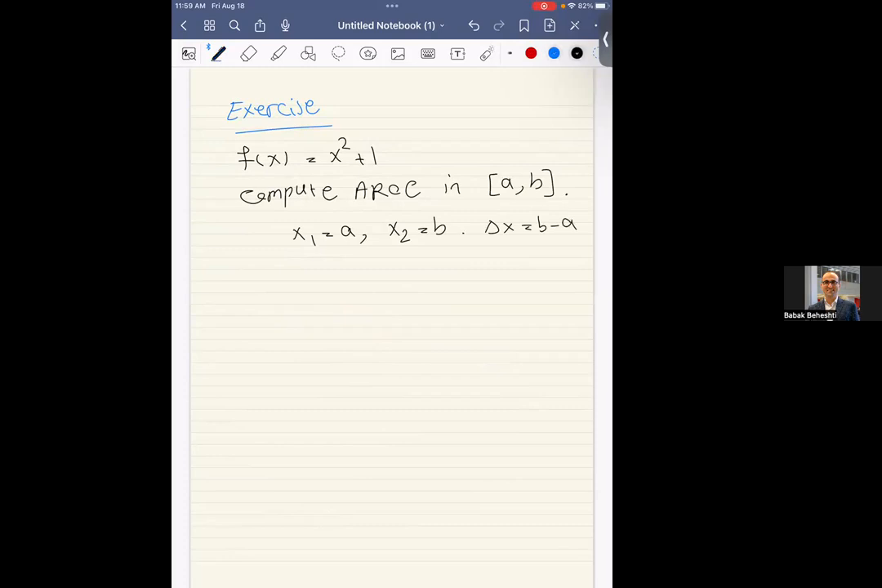And then f of x1 is A squared plus 1, f of x2 is B squared plus 1. So delta y is just B squared plus 1 minus A squared plus 1, which is B squared minus A squared. So the average rate of change is